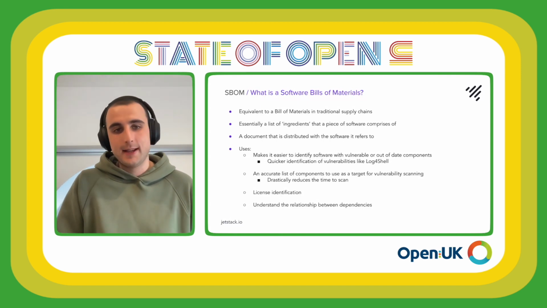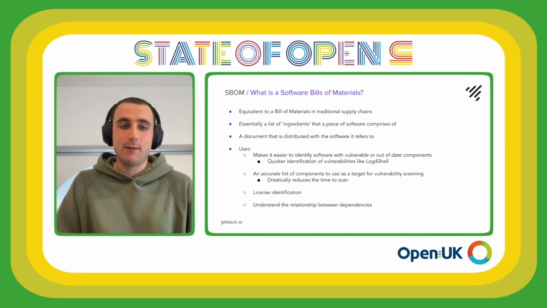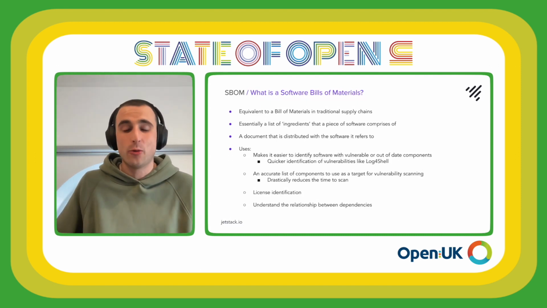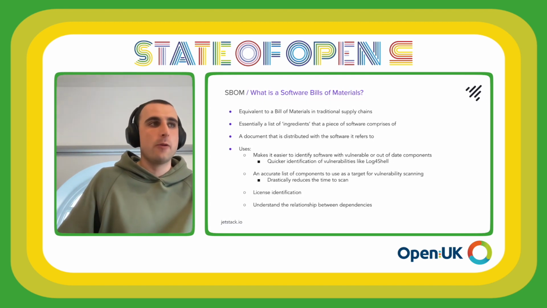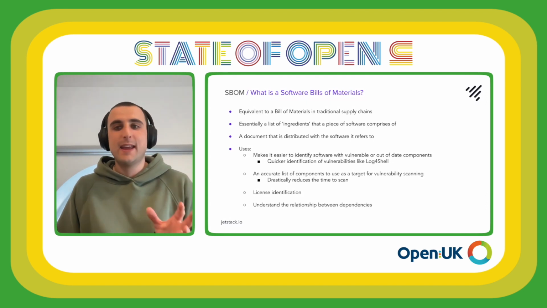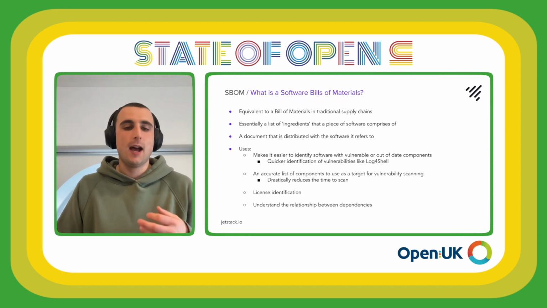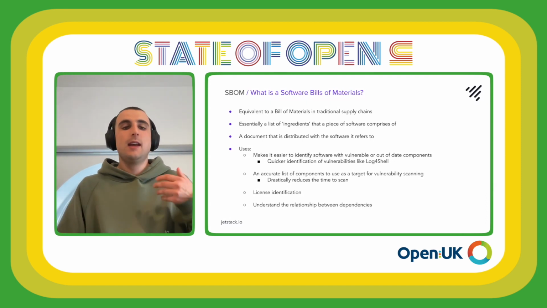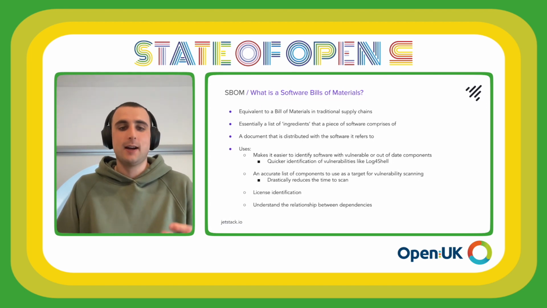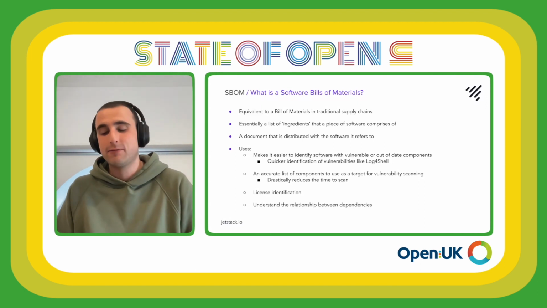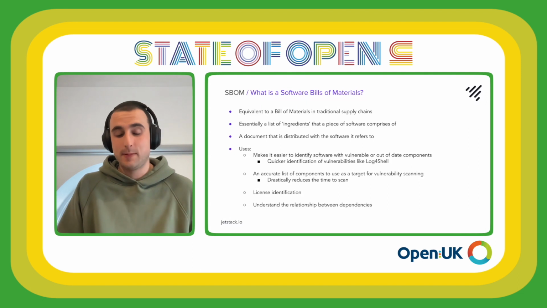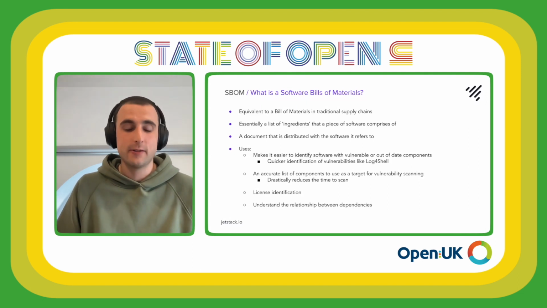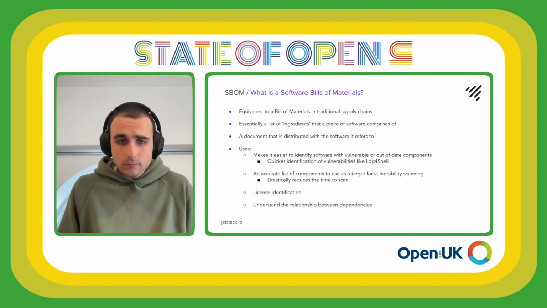It also provides a means of, when one is using open source dependencies, which in most cases they almost always are, license identification. So if I've got an open source project I want to depend on, they all have different licenses as to how they expect and don't expect that software to be used. If I have those licenses, I can decide which ones are the risky ones or which are the less risky, and organizations like to be able to have that, and a software bill of materials can cover that base as well.